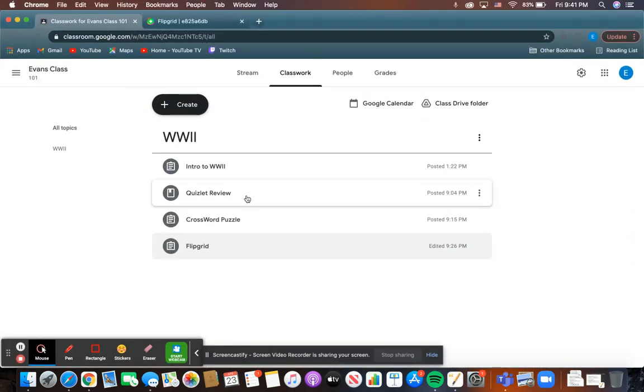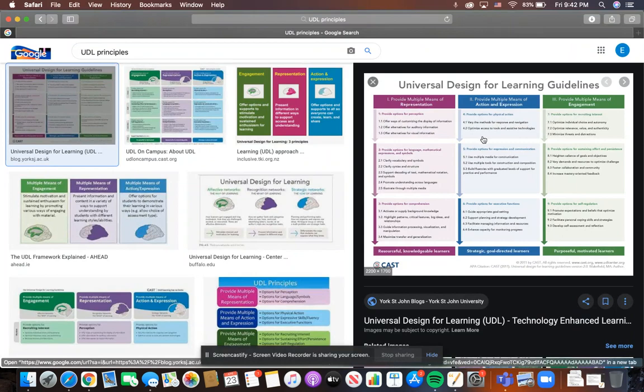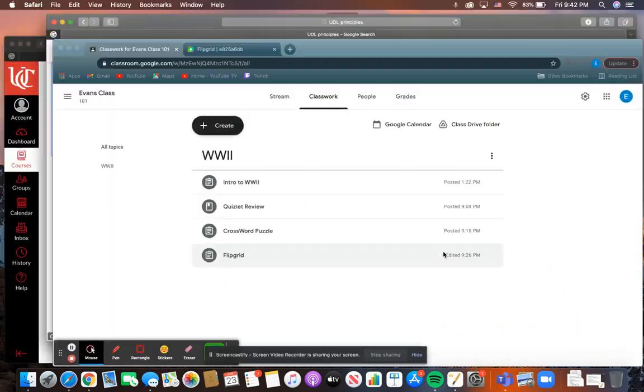And so, going to the UDL learning guidelines, representation: information was represented in the form of a video, a study website like Quizlet, a crossword puzzle, which is like a different form of representation of the knowledge, kind of towards that critical thinking and puzzle solving side of the brain. And Flipgrid is similar to the YouTube video, but students are creating their own video, so it's a little bit different.